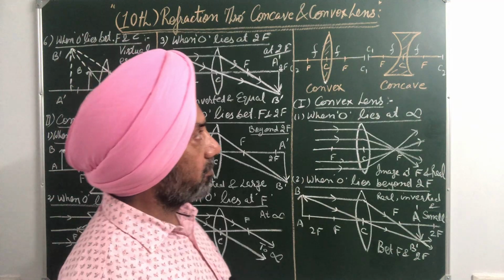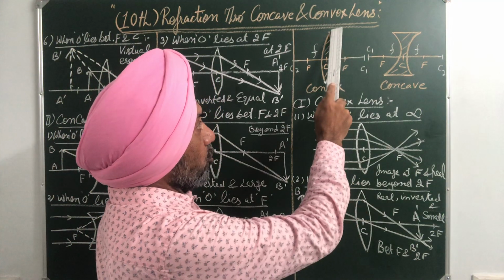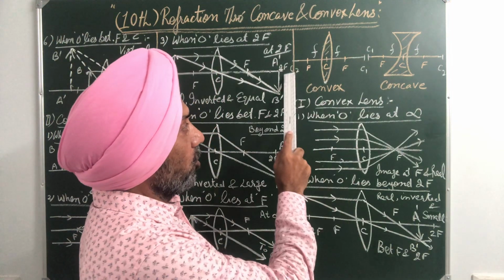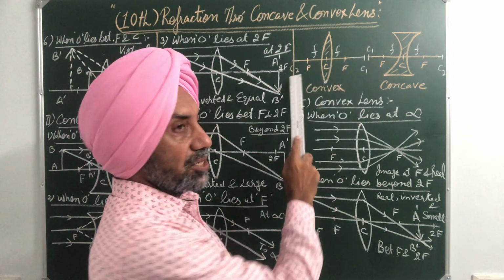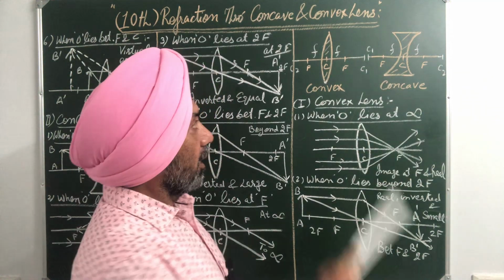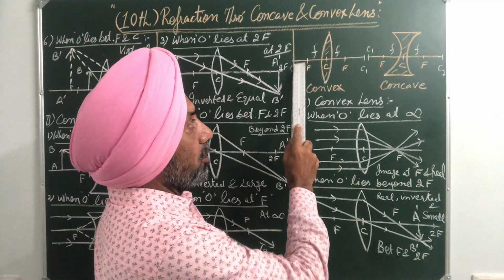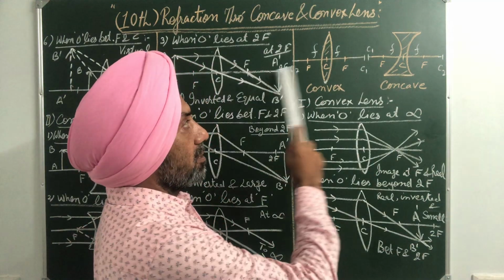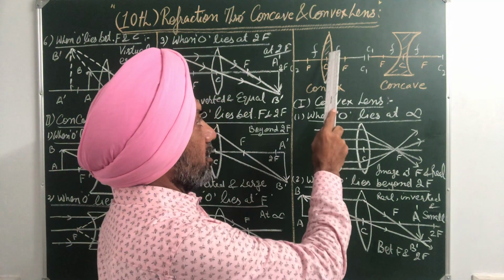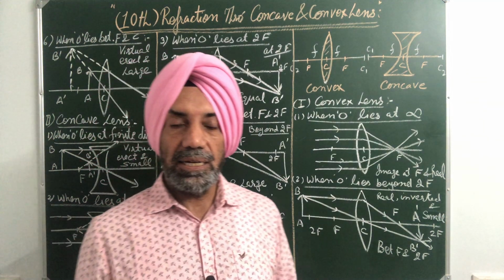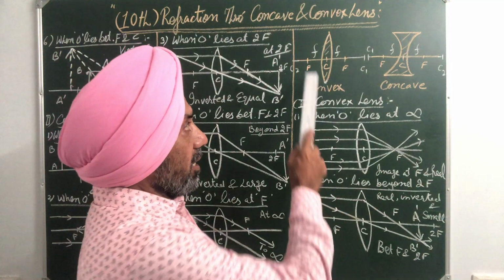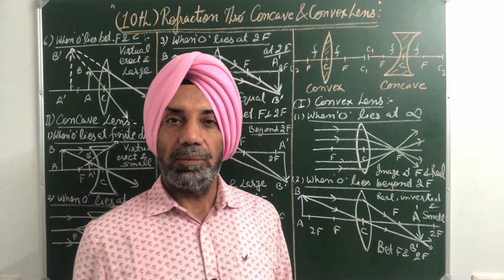Now a few definitions. Since there are two spherical refracting surfaces, there will be two centers of curvature, C1 and C2 for both the lenses. A line passing through C1 and C2 is known as principal axis, and there is a point inside or outside the lens through which any ray of light passes through the lens